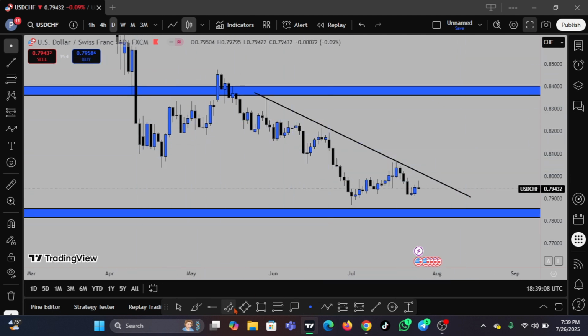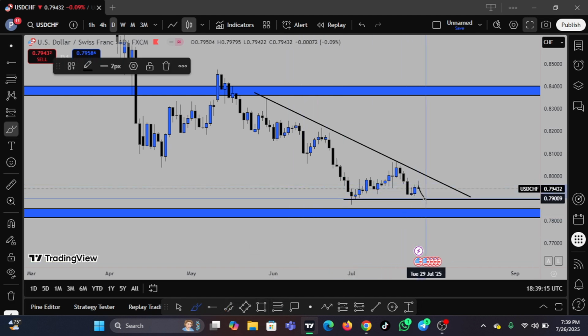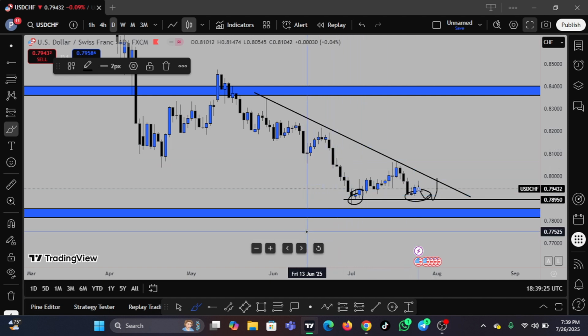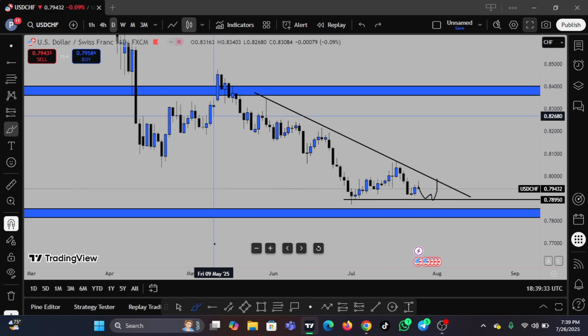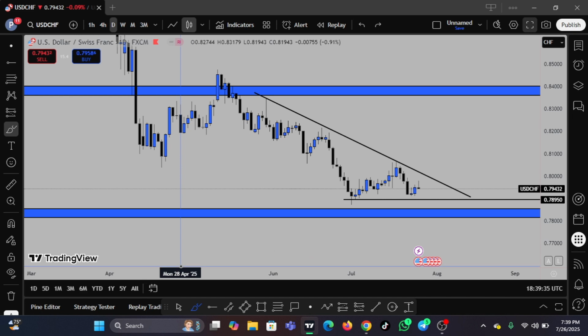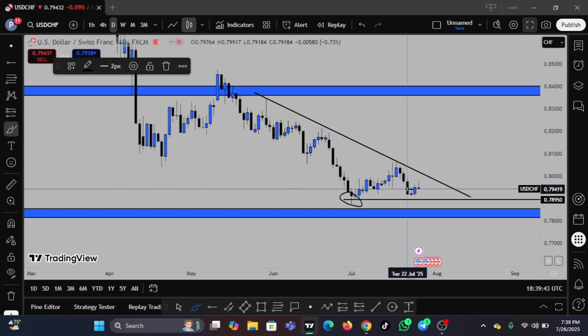Or perhaps I can mark this last low that price has gotten into. Price can drop here and give me equal bottom, which this is going to be the bottom 1 and bottom 2, to give us that kind of reversal pattern. Now what I do say is that if price wants to change trend, of course we are going to see chart patterns. Chart pattern is going to show up if you want to change to another direction. So if price fails to break below this level, this may be a potential double bottom for us.